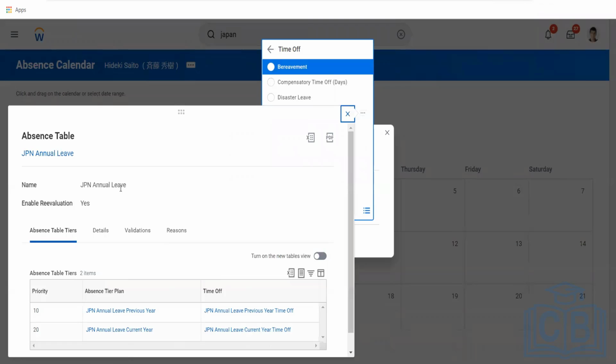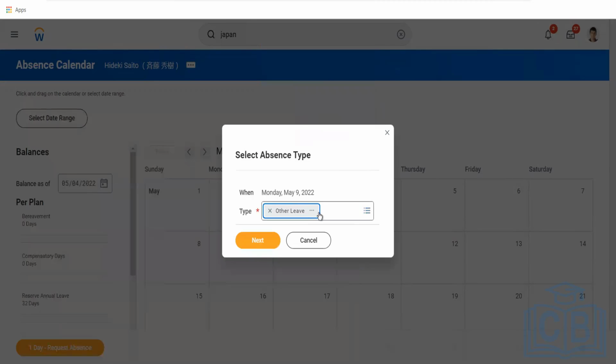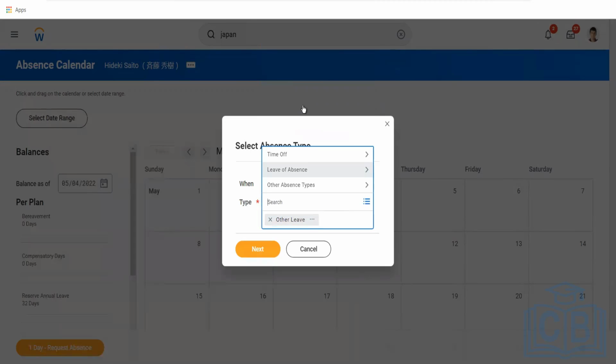They will not request time offs individually. They will directly request the annual leave, which will automatically deduct the balance from whichever bucket the balance has. So what we do is choose the annual leave,